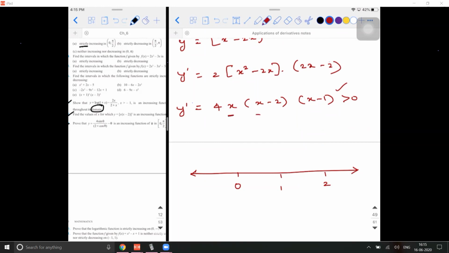Sir, it won't be greater than 0 at 2 and 1. How do you know it is not? Between 1 and 2, it will not be greater than 0? X minus 2 greater than 0, so x cannot be 2. Okay, x cannot be 2. And x cannot be less than or equal to 2. No, the equal to concept is gone here, because here we are talking only about increasing function. Yeah, so same way x minus 1 greater than 0. So okay, x cannot be 1.